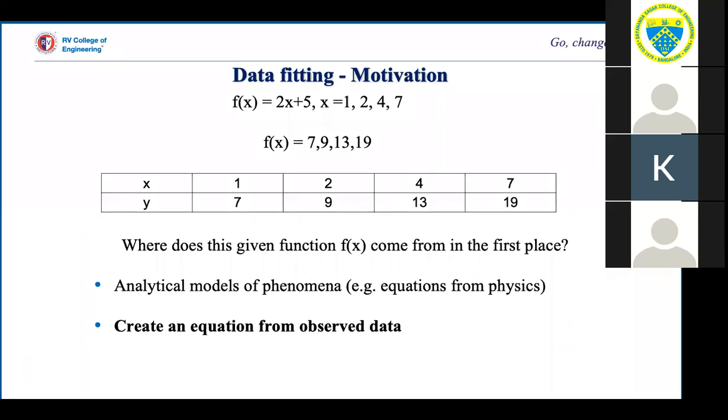You would have conducted some experiment and you want to fit the data to the form of a curve. So let me consider the example I had discussed earlier.